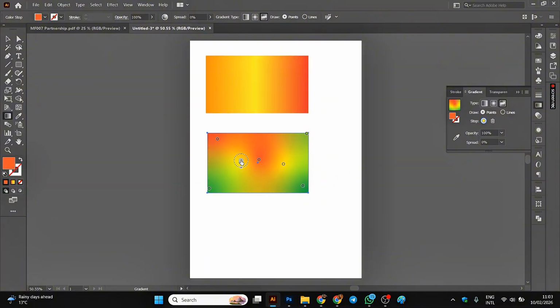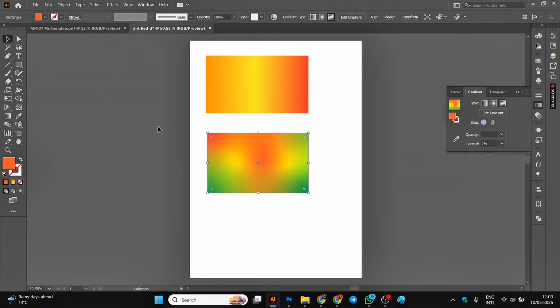So you can always create your own gradients that you want using the freeform, because it gives you the ability to add as many gradients as you want and move them in a way that you want. Now, let's say you want to save your gradients and use them maybe next time. So this one, you can just click on it, then you go to